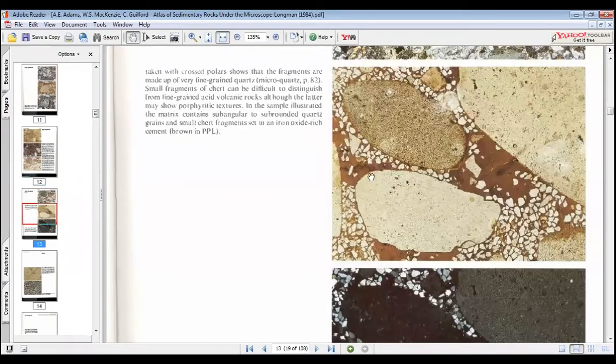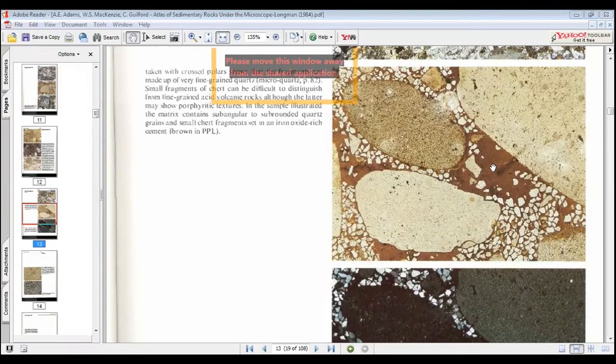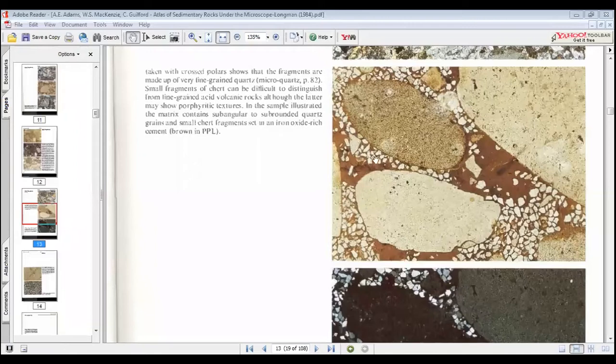So here we have some rounded quartz grains, and you can see, very much finer than these quartz grains, some angular pieces that are scattered in the matrix. This is the matrix. This brown color that you can see is the matrix, fine grain clays. And inside it you see some small fragmentary pieces scattered here and there. These pieces are actually the chunks from the breakdown of chert.